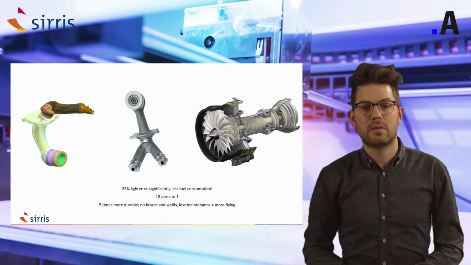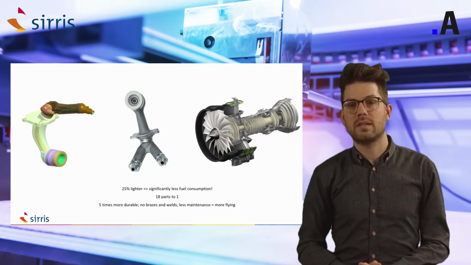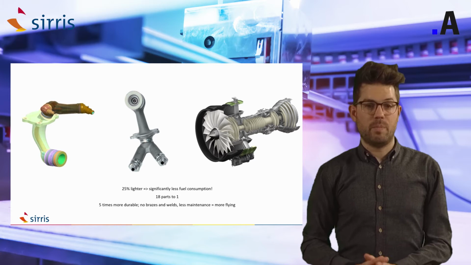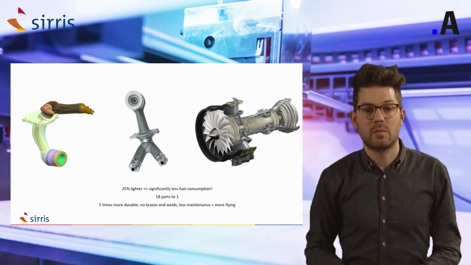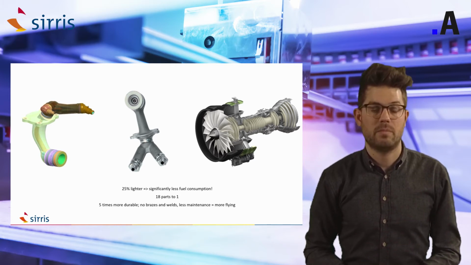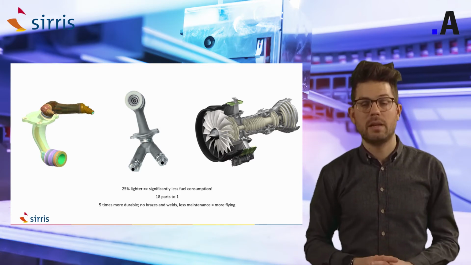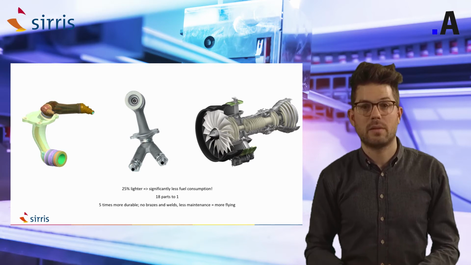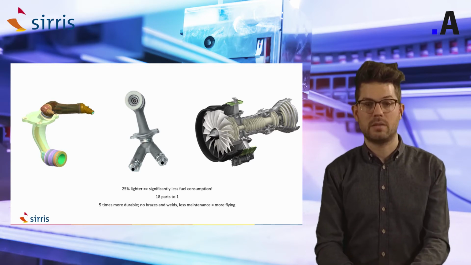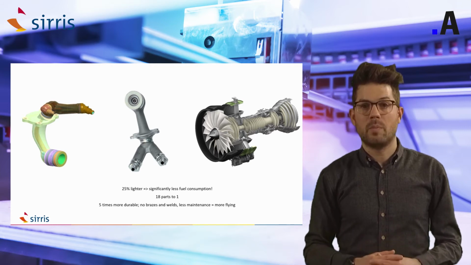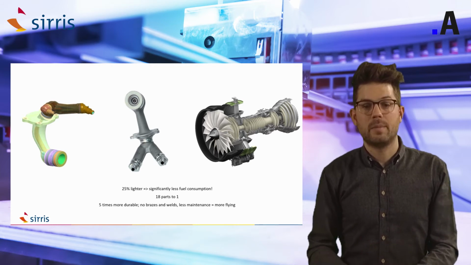Actually, on the left you see the conventional nozzle, which is an assembly of a lot of different parts. Every part in this assembly needs to be produced manually, finished manually, and later on assembled together by welding operations. Actually, by integrating all those parts within one part, they were able to